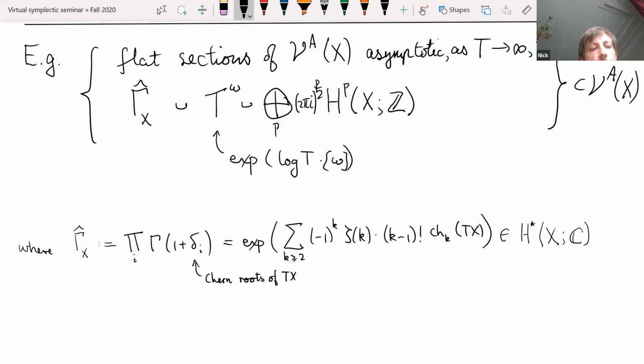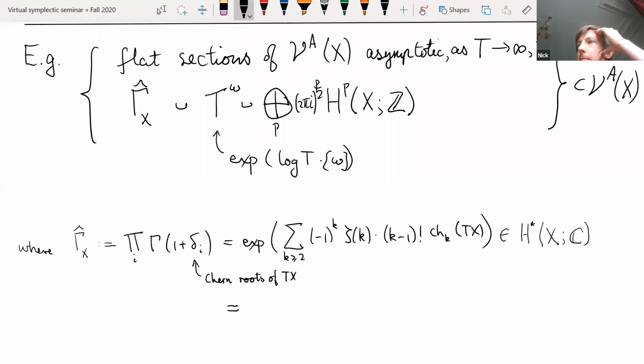One way of writing it is as the product of the Euler gamma function of 1 plus delta i, where delta i are the Chern roots of the tangent bundle. You can also write that in this form, where this zeta of k is the Riemann zeta function,